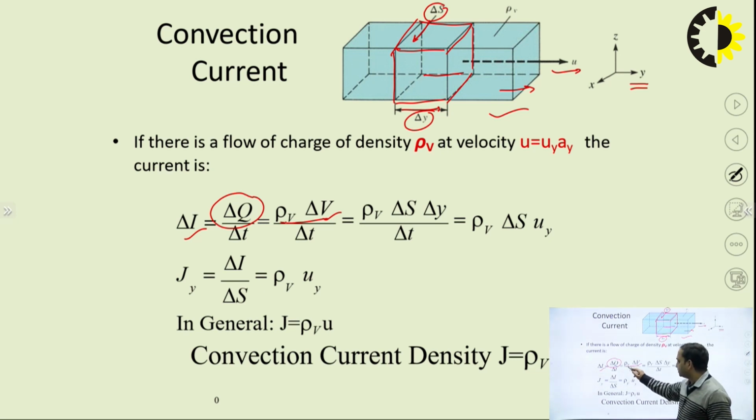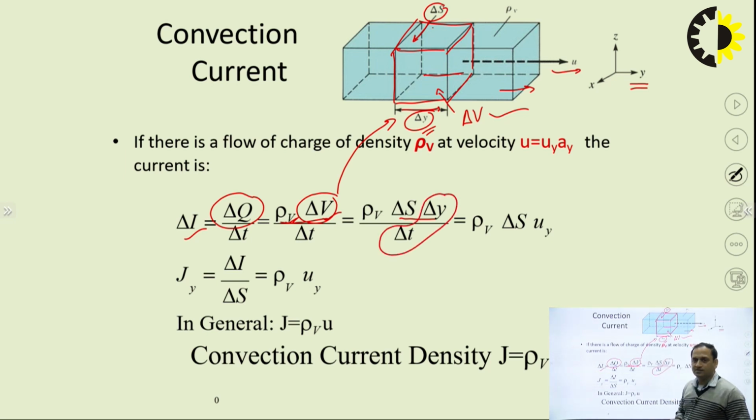So it shows the total charge in the given volume, that is ΔQ divided by Δt. Here we can also write this volume. Volume is nothing but ΔS into Δy, so ΔS into Δy is the elemental volume. So the volume for this is the ΔV, right? In this case we can see that ρ_v into ΔS is there, and in this